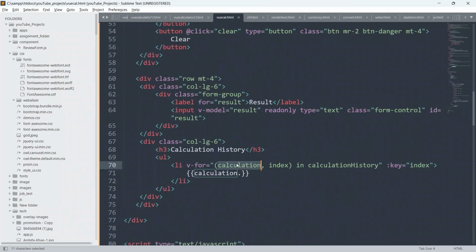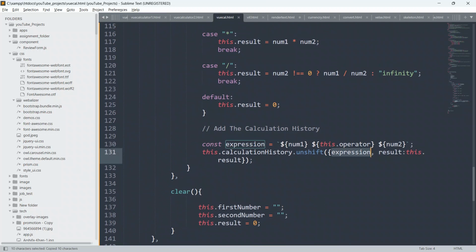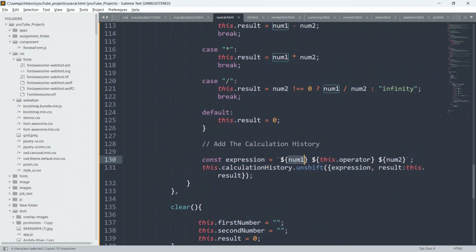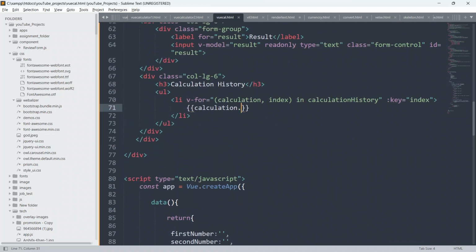This expression will show the first number, the operator, and the second number. Always remember, the expression is equal to the first number, the operator, and the second number. So we will just say calculation dot expression.